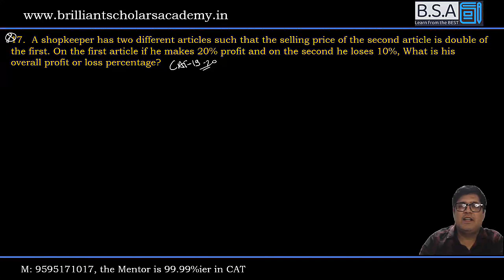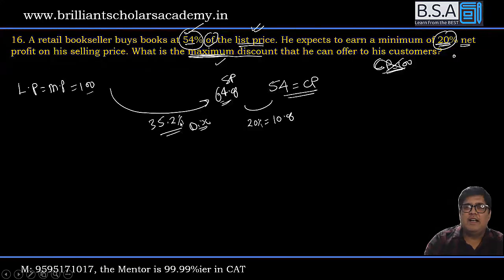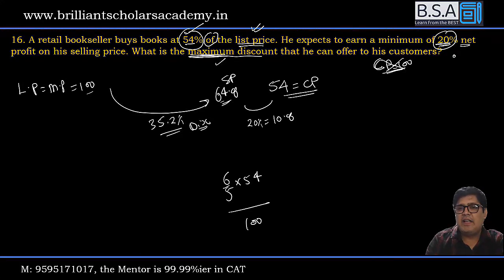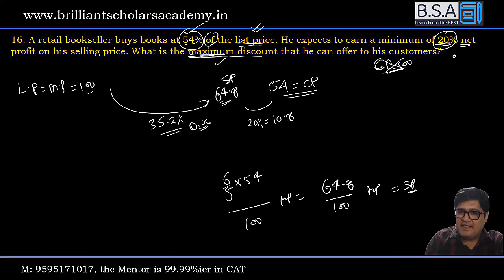जो आपने कैलकुलेट किया है बेटा, ये जो आपने कैलकुलेट किया है, 6 अपॉन 5 इंटू 54 अपॉन 100 कर दो ना, क्या फर्क पड़ता है? This is basically 64.8 upon 100 MP. Selling price is 64.8 percentage. How much discount has been offered? How much discount has been given? Discount offered is